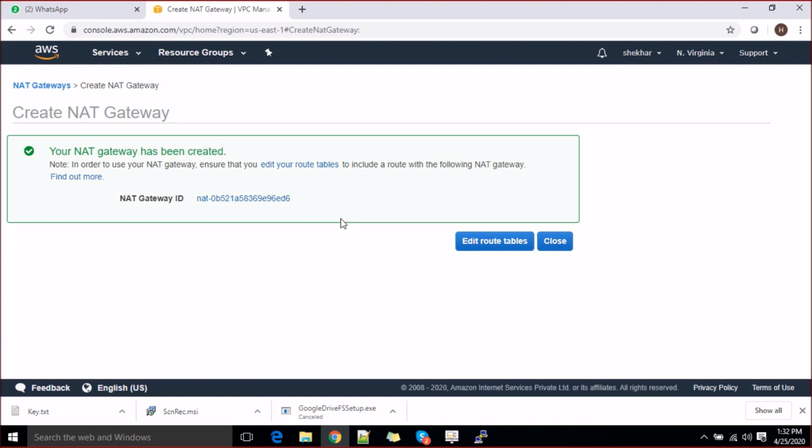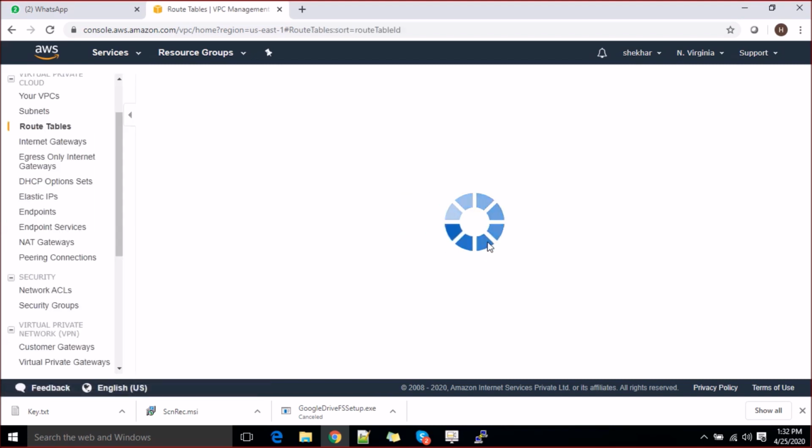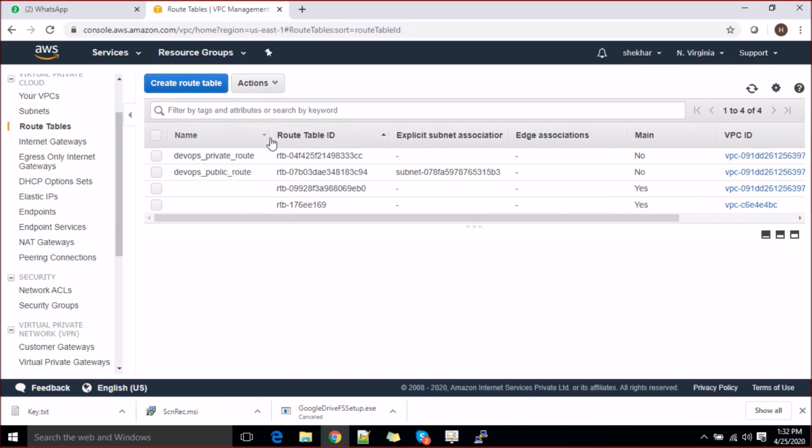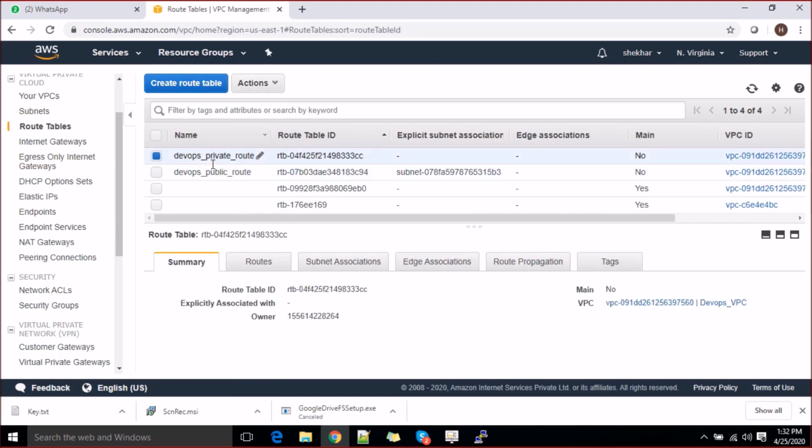Editing route means you'll have to tell your routes how you are going to route our request, right? If you click here on route tables, it's going to take you to the same place, right? Otherwise you could click on close and come here and go to your private route table. We know we created the NAT Gateway in the public subnet, but the route we have to give here in the private route table itself. So either you'll have to create a private route table, or if you have an existing one,